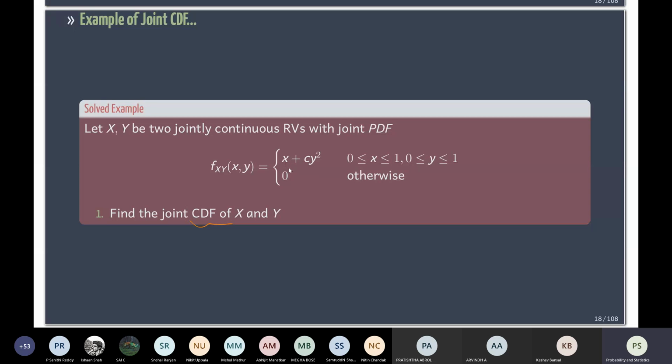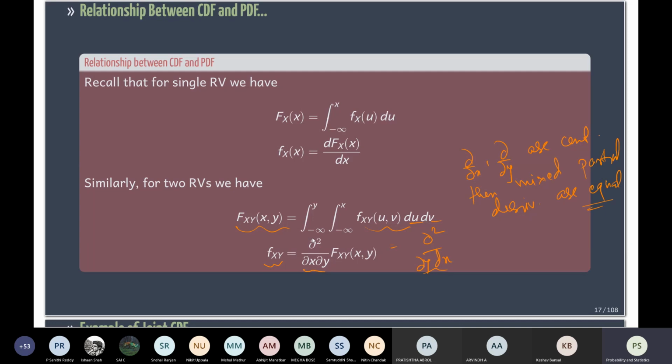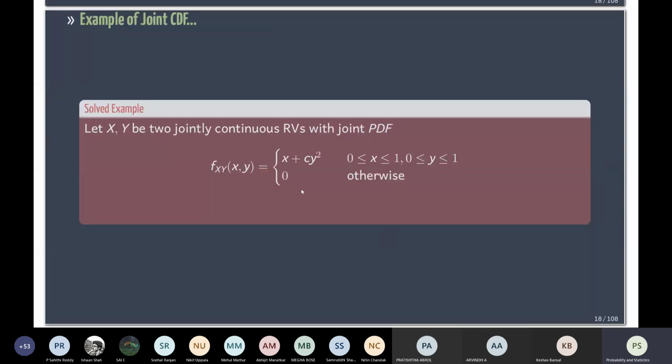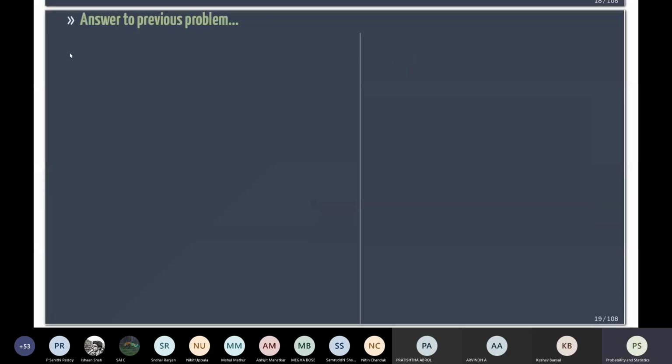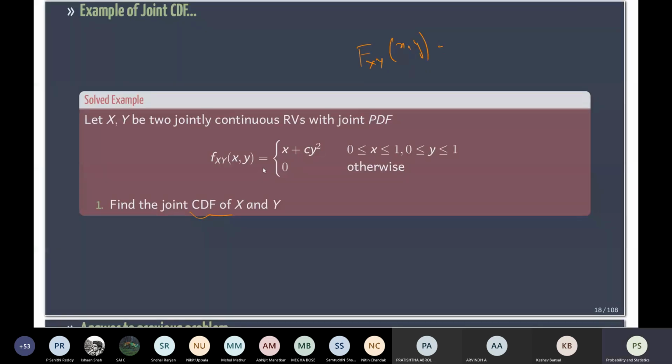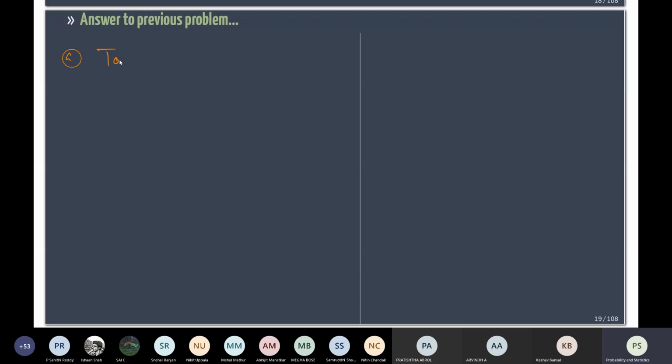To find the CDF, F_XY(x, y), we are going to use the formula that we had before: integrate from -infinity to x and -infinity to y of the joint PDF. That's what we are going to do in this example. The first question is about the constant c here, which we would like to get rid of. So to find the constant c,